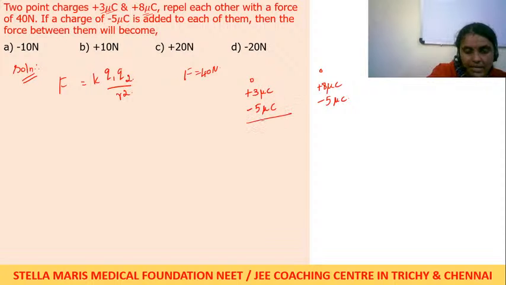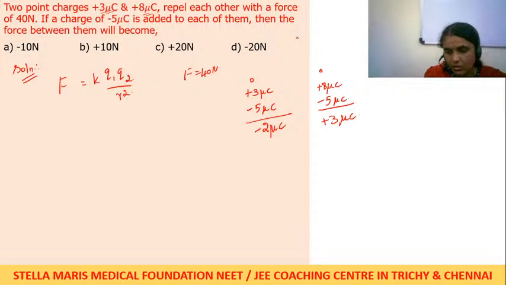So when we add them we get minus 2 mu C here, and here 3 mu C. This one is minus 2 mu C and this one is plus 3 mu C, okay? Good evening, Nikita. Here they are asking what the force between them will become now. So the new force will be,